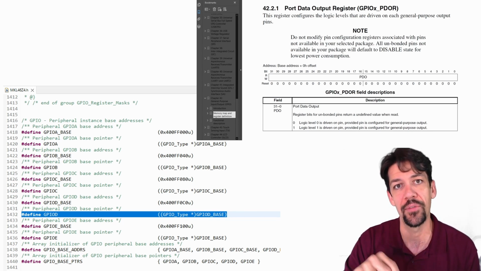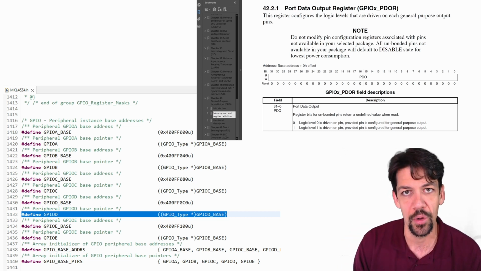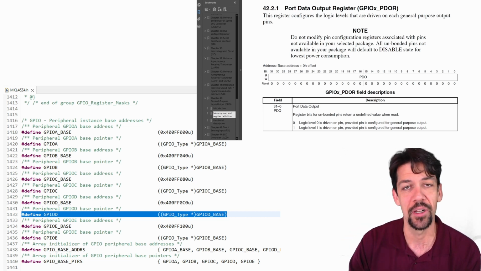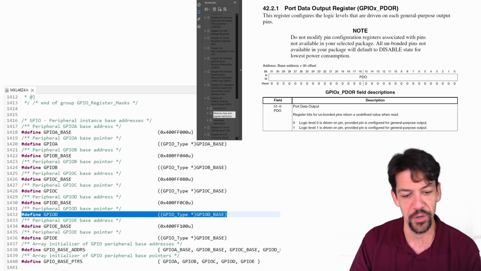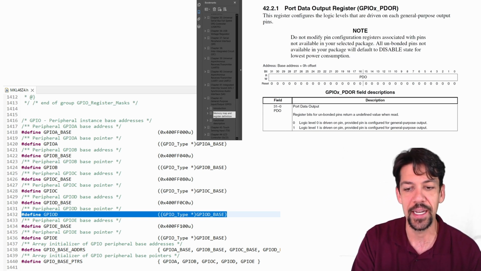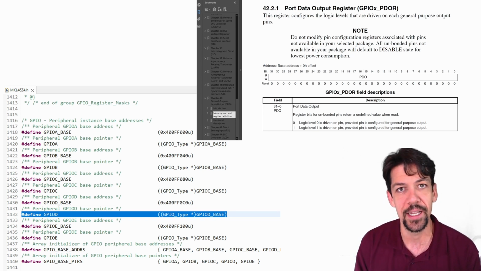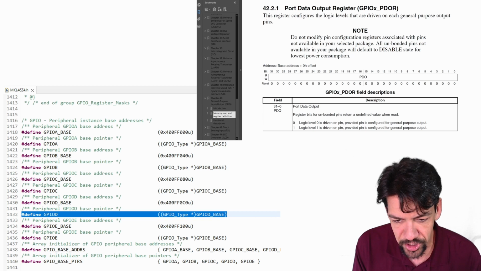So what are the individual bits? What do they mean? How do we control what happens when we set a particular bit? What is the effect of a particular bit in a particular register? So here I've got GPIOD, the register is defined here, and the functionality is defined in the reference manual. In this case, it's in chapter